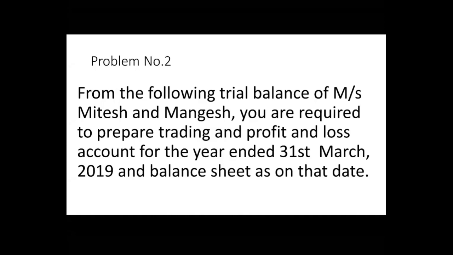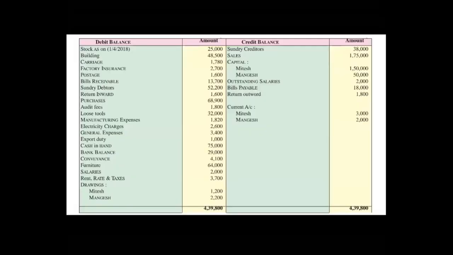Okay, so this is a partnership firm, and the name of the partnership firm is Messrs Mitesh and Mangesh, and you have to prepare trading account, profit and loss account, and balance sheet. Now this is a trial balance, which is in your textbook, page number 55. So if you see over there,